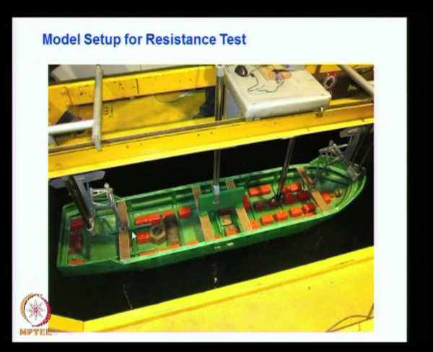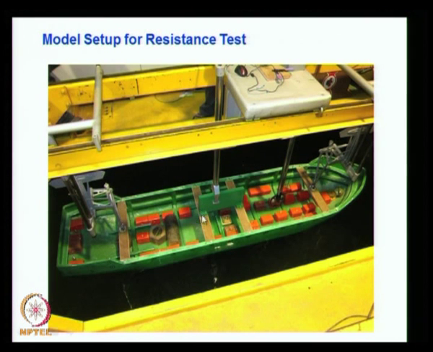And here there is a pivot joint at this aft end, and there is a pivot joint at the forward end. These pivot joints give freedom for the model to heave and pitch. That is the last point we discussed before. So this will give the freedom for heave and pitch, or heave and trim, and that is the condition in which the model is prepared.